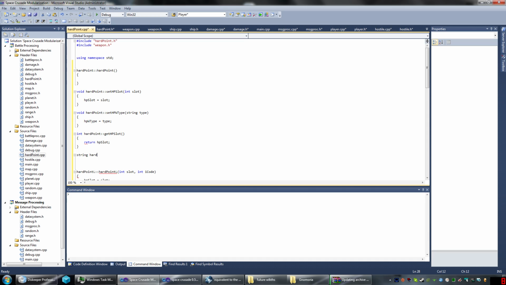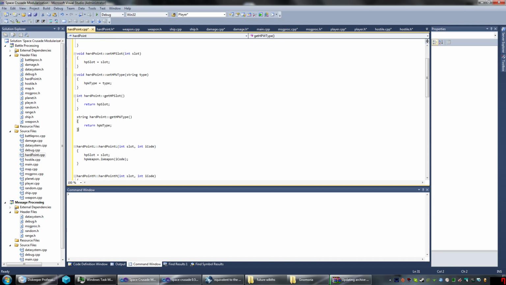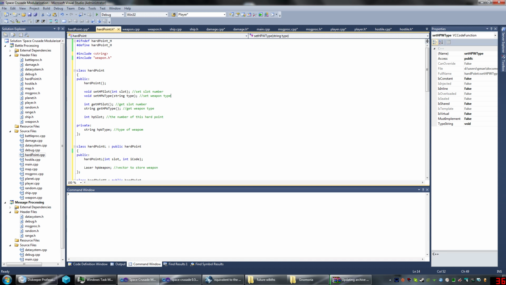String hardpoint get HP weapon type, return HP weapon type. Okay. I think that was all the stuff we had to do there, yeah. Okay, so now